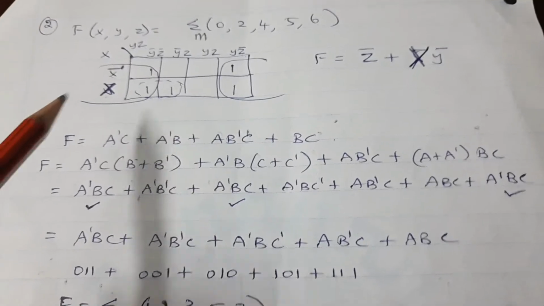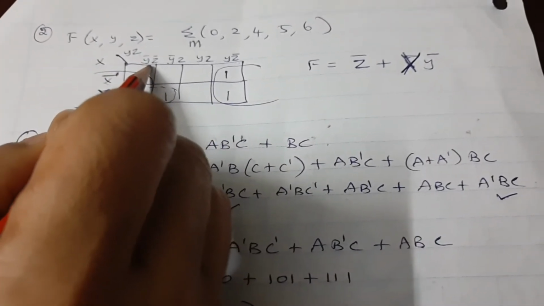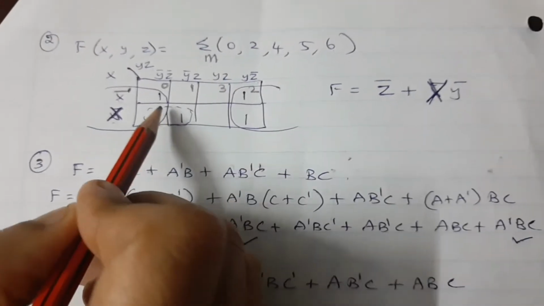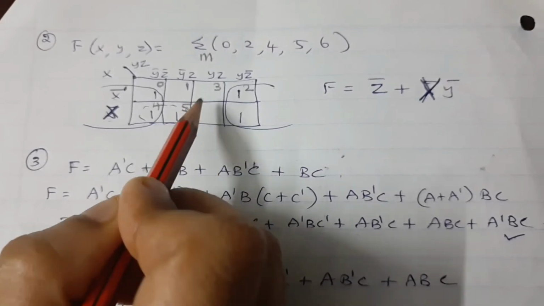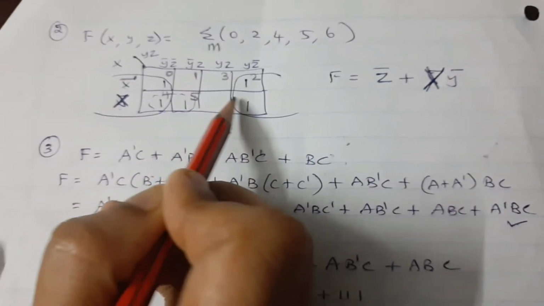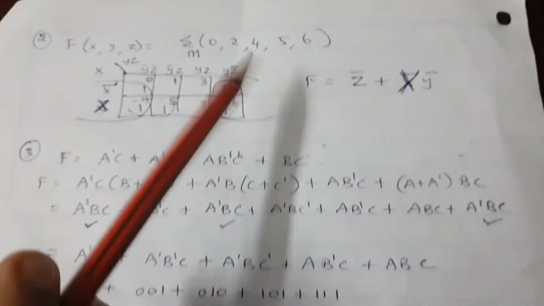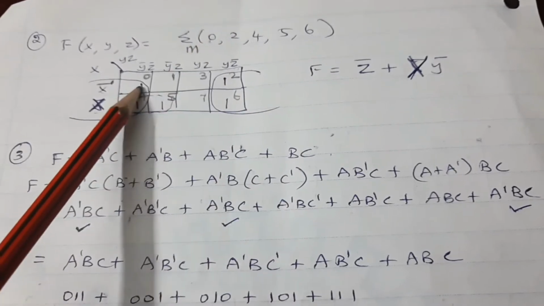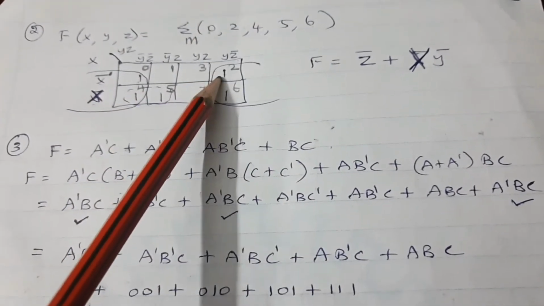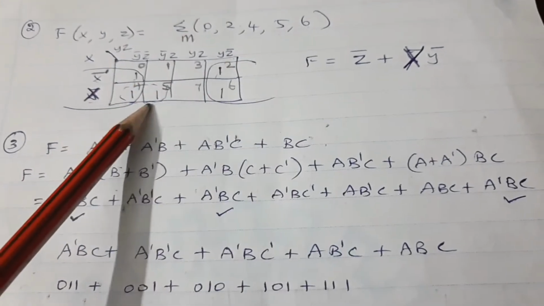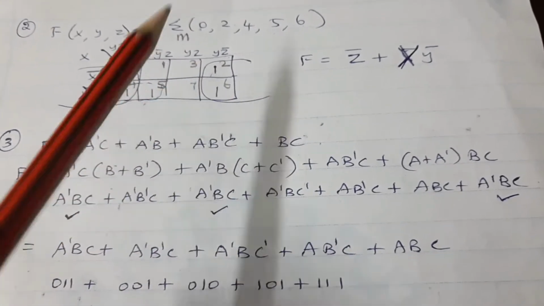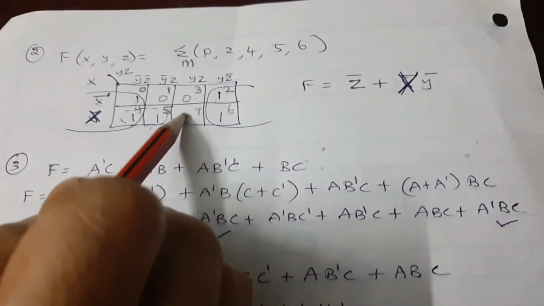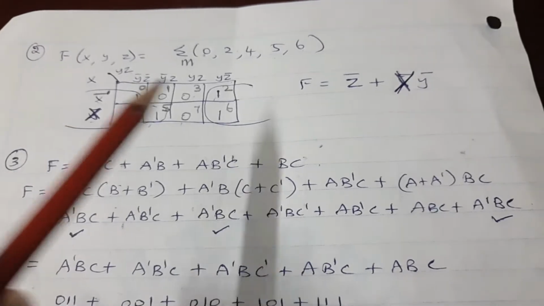Now after writing these variables, you need to map the minterms over here. For mapping the minterms, you should know the value of each cell. So this is 0, this is 1, this is 2, this is 3. Similarly, this is 4, 5. I've taught you in the previous video. 6, 7. Okay, now you mark. Wherever you have the values of the minterm, put it as logical 1. So 0 is 1. Next 2 is 1. 4 is 1. 5 is 1. 6 is 1. So the remaining cells, if it is not there, it is taken as 0. Clear?